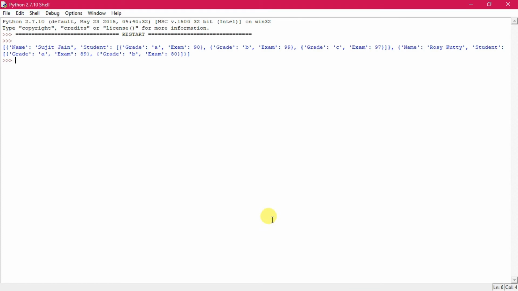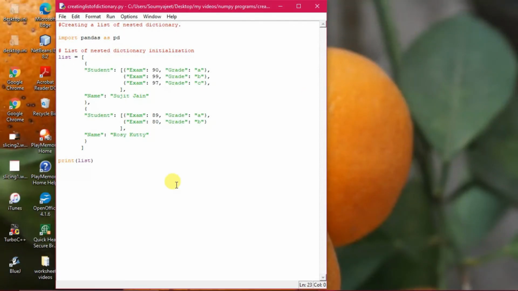So we were in this particular program. The dictionary, how it has been displayed out here, you can see Sujit Jain, then students and these grades all have been printed in a simple manner. All right, so it doesn't matter. Now, what is the specialty of the dictionary? It is taking the list in this particular manner. Here this particular list has been nested inside the dictionary.